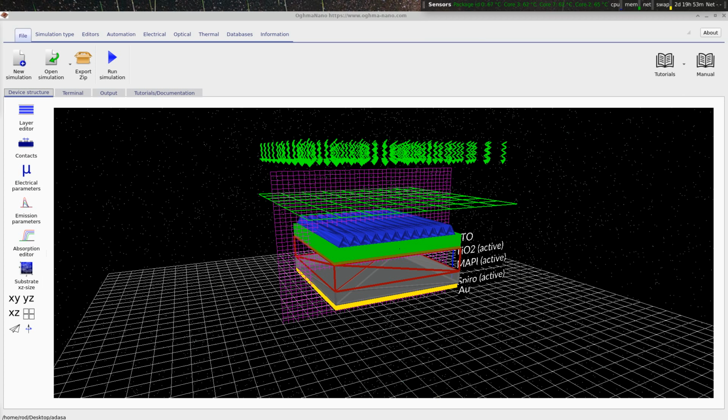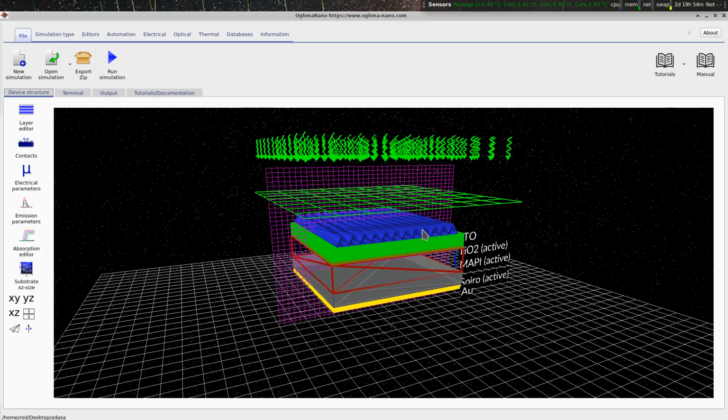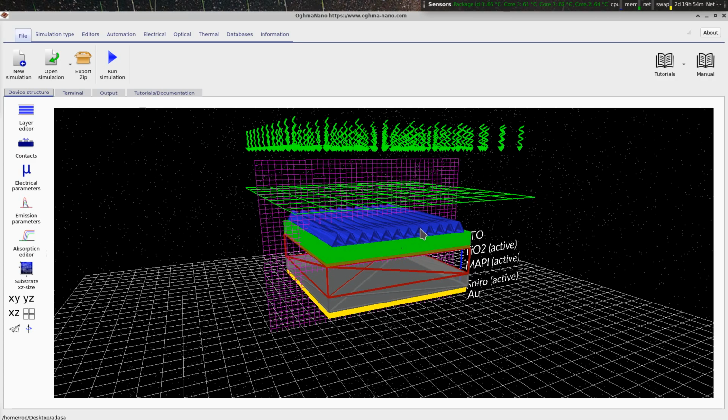So this tutorial is going to be on simulating a 2D perovskite device. We're going to be doing a 2D optical simulation and a 2D electrical simulation. For the optical simulation we're going to be using FDTD, and for the electrical simulation we're going to be using a 2D Drift-Diffusion model. These are run one after each other to simulate the optical and electrical properties of this